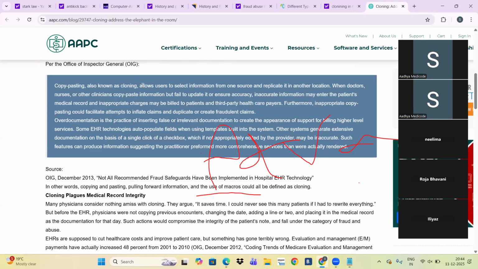You got my point? Copy paste is permissible, but we need to change the documentation variation. Suppose in progress note 1 you have one documentation. For the next progress note you also copy paste, but you are not changing anything. You get all the progress notes with the same verbiage. It is an issue, right?